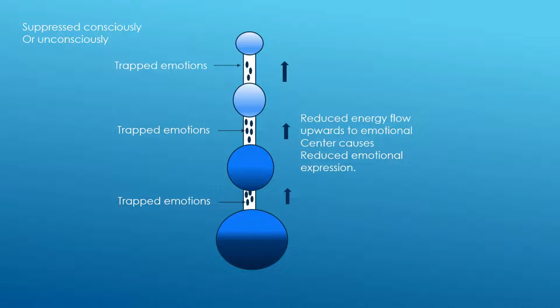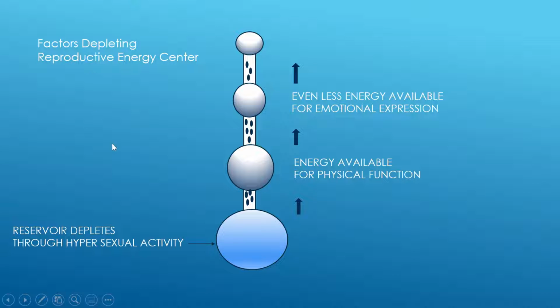So, this mechanism, the forming of these blockages, can be conscious or it can be unconscious, and it will be unconscious when this bottom energy reservoir gets severely depleted. When you have no reproductive or sexual energy left, there is very little of it to move up to the higher energy centers. And if you have something that you're going through, some healing crisis, your whole being is going to wall off those emotions and store them in your body because it does not have the energy for expression. So this reservoir at the bottom